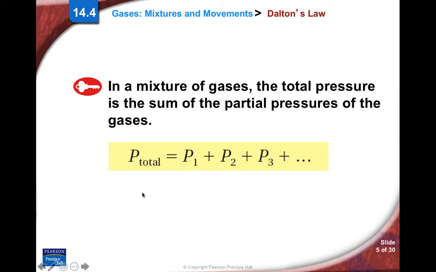Each gas adds a little more pressure to the atmosphere until we get 1 atmosphere of pressure, 101.325 kPa. So very simply, Dalton's law of partial pressure looks like this. The total pressure is equal to the pressure from gas 1 plus the pressure from gas 2 plus the pressure from gas 3 on out to however many gases. Usually they put a plus P sub n on here, n being some variable number, not moles.